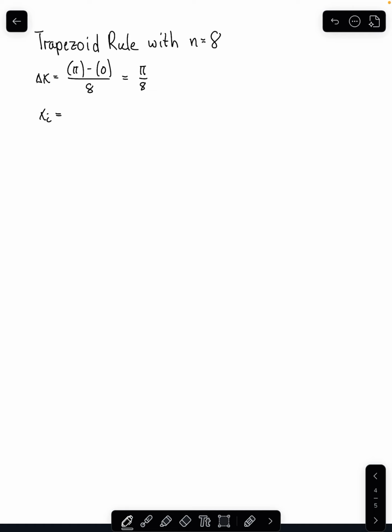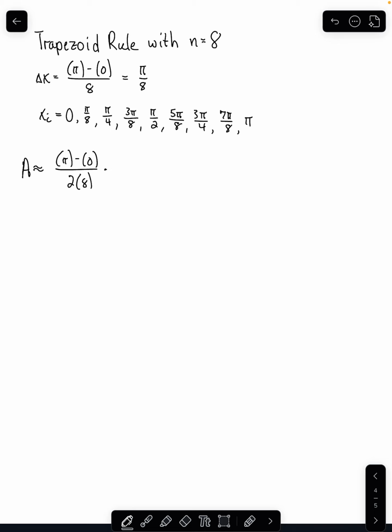This makes our x sub i's 0, and then pi over 8, and then 2 pi over 8, or pi over 4, and then 3 pi over 8, etc., 4 pi over 8, 5 pi over 8, 6 pi over 8, 7 pi over 8, and lastly, 8 pi over 8. So that our area will be approximated by pi minus 0 over 2 times 8 times